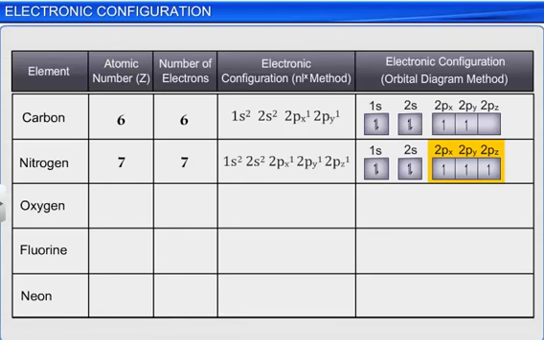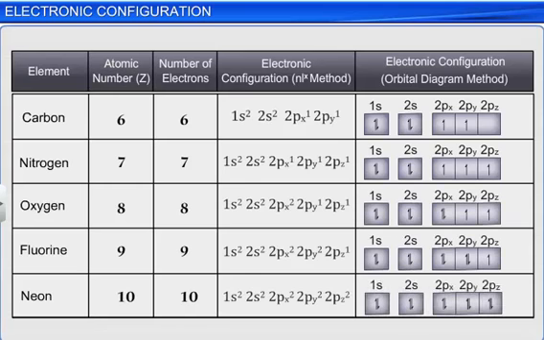Fluorine has 9, and neon has 10 electrons. In each of these elements, after filling the first 4 electrons in 1s and 2s orbitals, the remaining electrons enter into the next higher orbital, 2p, according to the Aufbau principle. They successively occupy the 3 2p orbitals, that is, 2px, 2py,